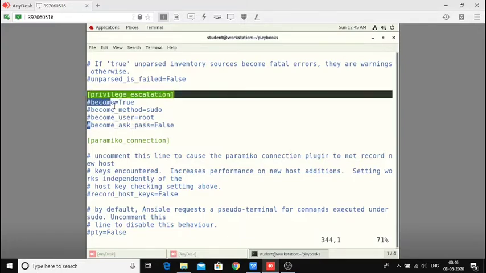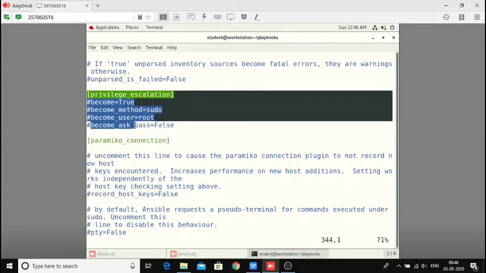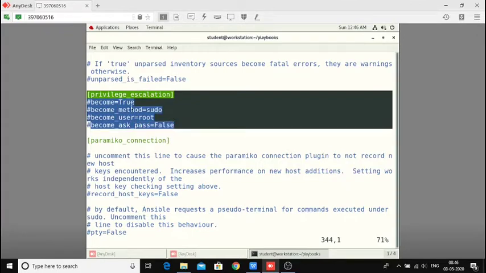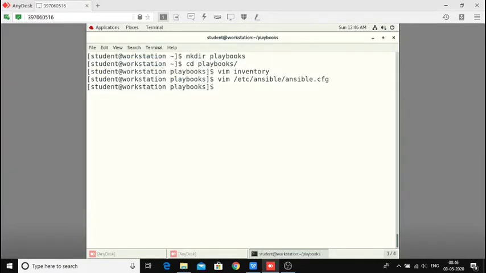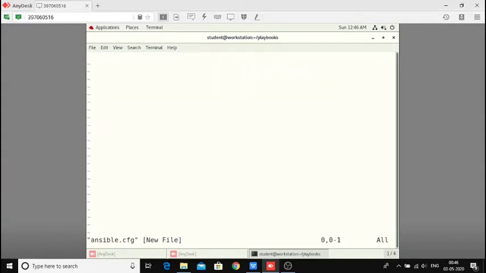So as I don't want to use my global configuration, let's go for making my own configuration file. In my present working directory, in this location only, I'm creating that. So I use vim, simply ansible.cfg. Let's create it.